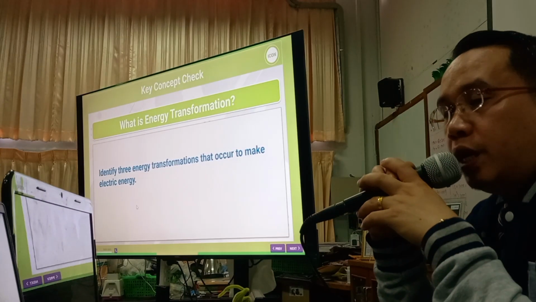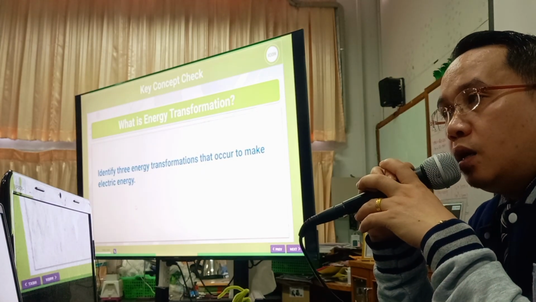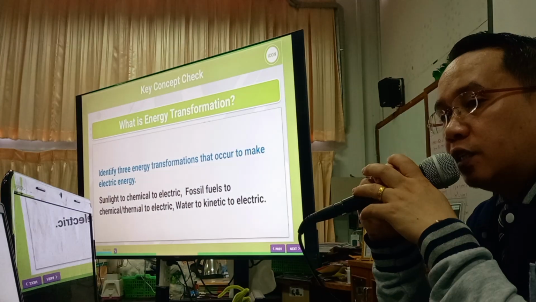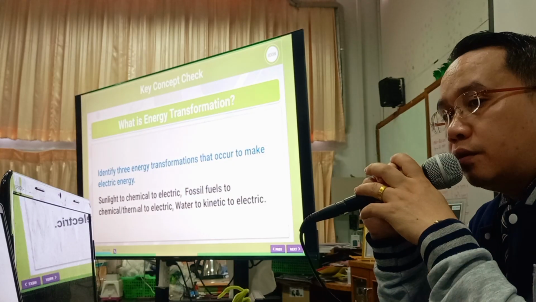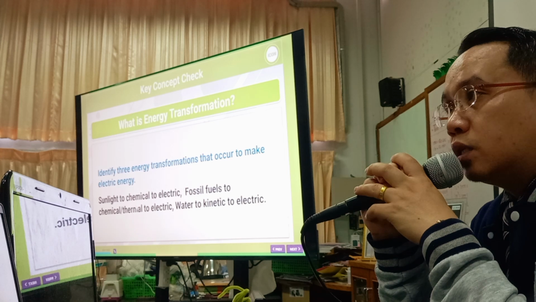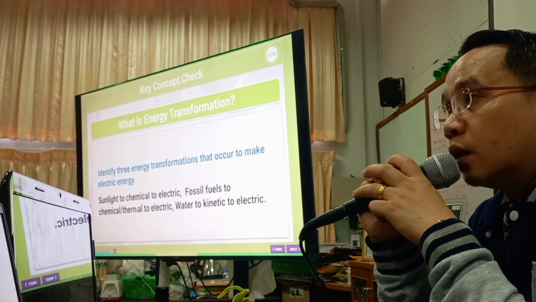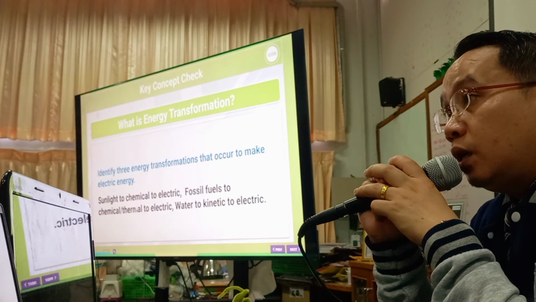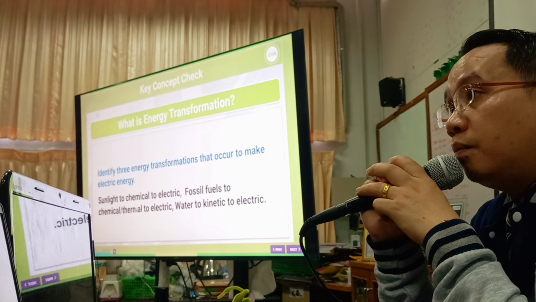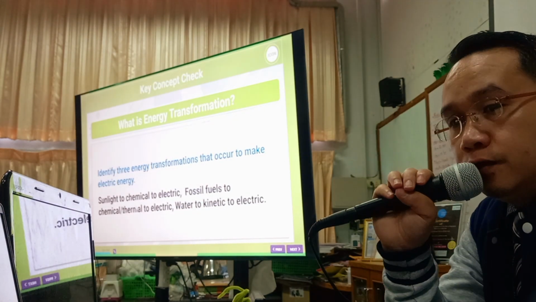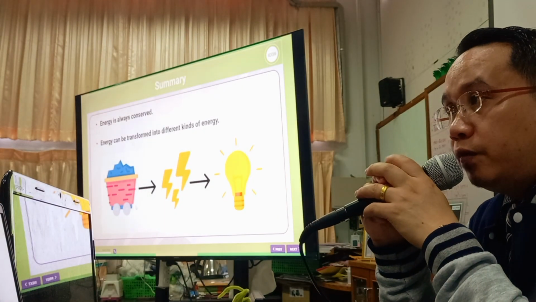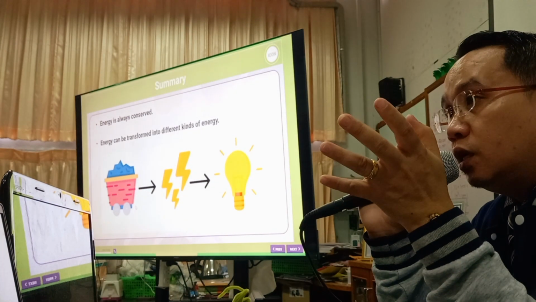Identify the three energy transformations that occur to make electric energy. Sunlight to chemical to electric. Fossil fuels to chemical or thermal to electric. Water or hydro to kinetic to electric. Those are basically examples to determine how energy is converted, by means of transformations of energy. So energy is always conserved. Some of those energy sources are non-renewable resources. Some of those are